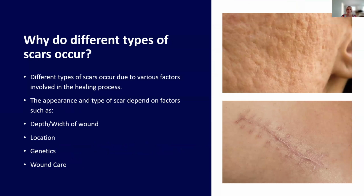So we're going to get into why different scars form, and also we're going to start getting into actual different scars and how to